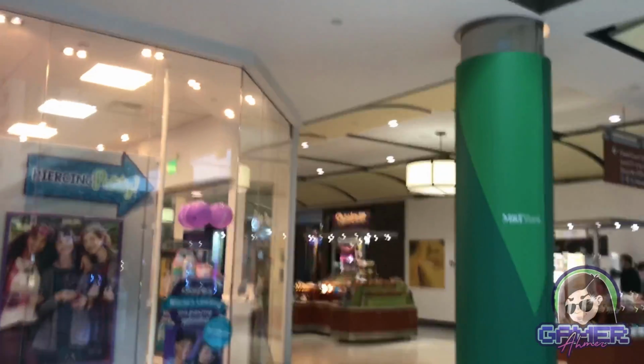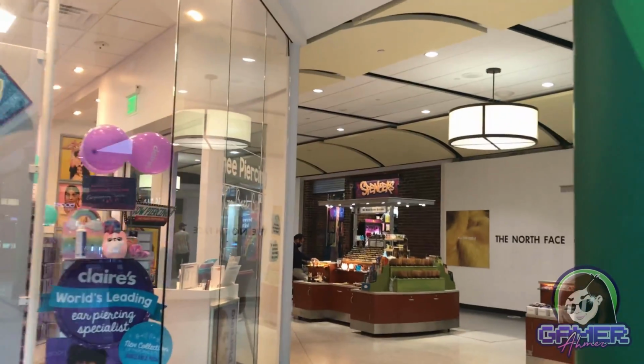So if there's 500 and some or 600 and some left available in the parking garage, which is pretty cool. So I pretty much just pulled in there. I found a pretty awesome parking spot. Then I was able to just walk into the mall, went down an escalator, turned left, and